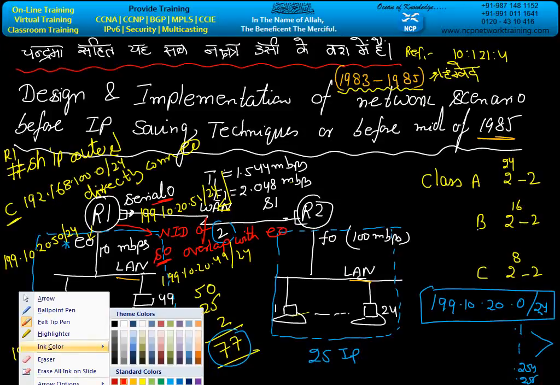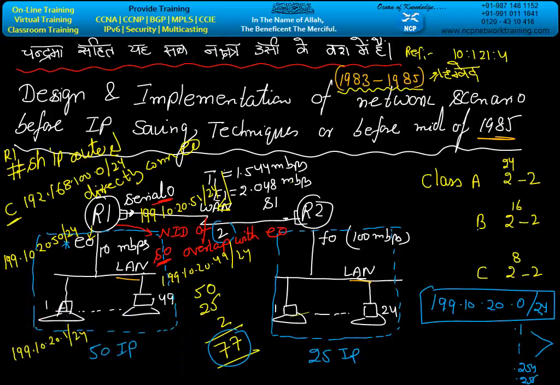Because whenever we apply any IP address on a network device, any host that works on the IP address will calculate its NID. As we apply the IP address on the Ethernet, the router will calculate the NID, and the NID will be displayed via show ip route. Whenever we apply the IP address on the serial, the R1 router will again calculate the NID, and when the NID of the serial and the Ethernet is the same, it will display this message.